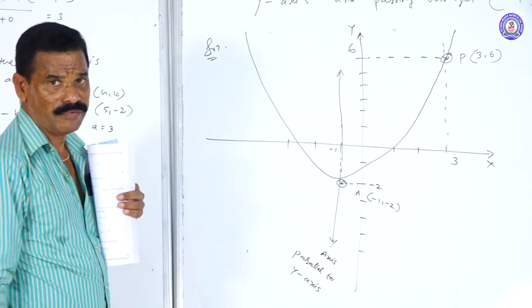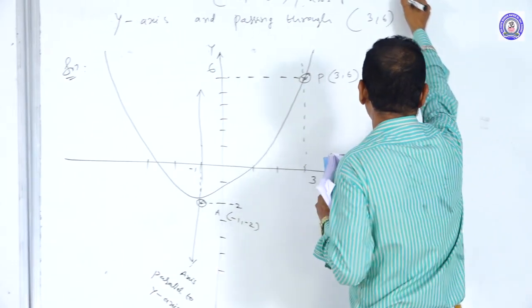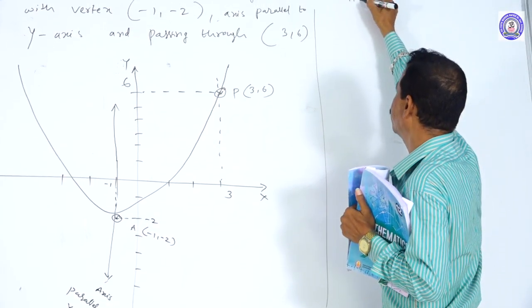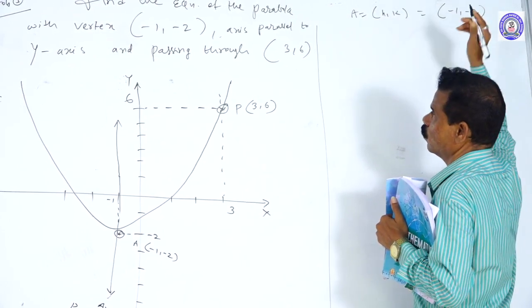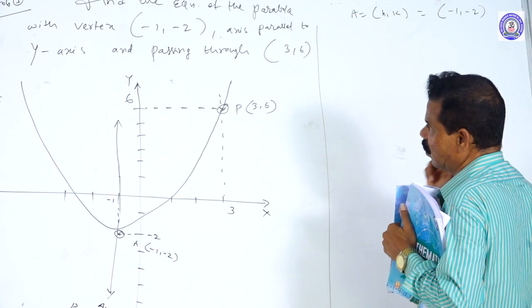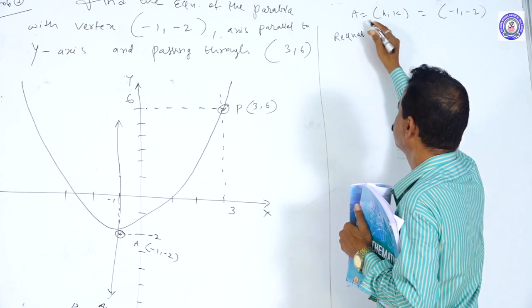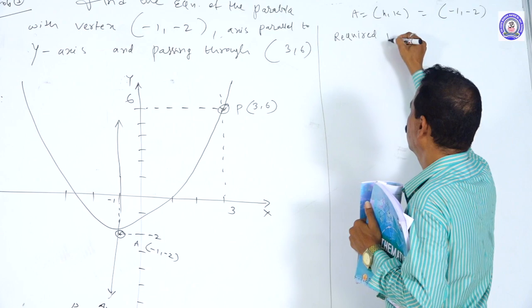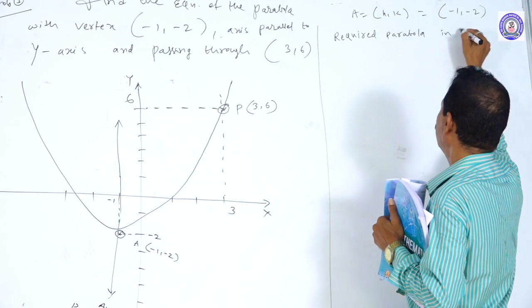So, upper side parabola. Here A is (h, k). A is (h, k), that is (-1, -2). So the required parabola is in the form